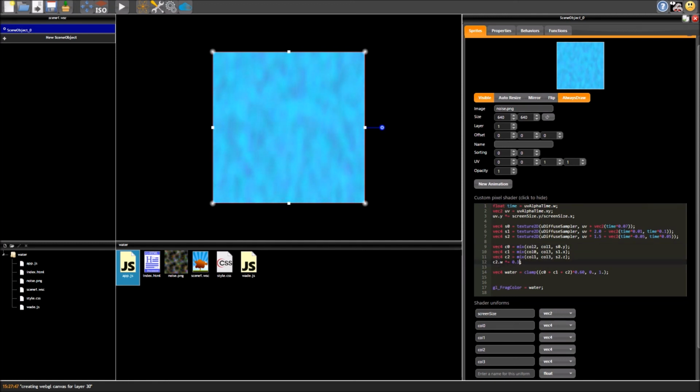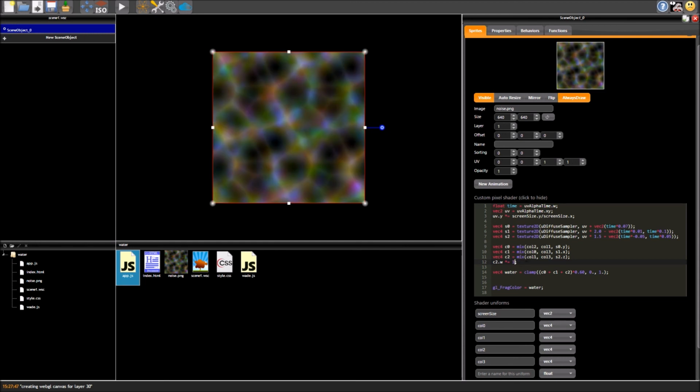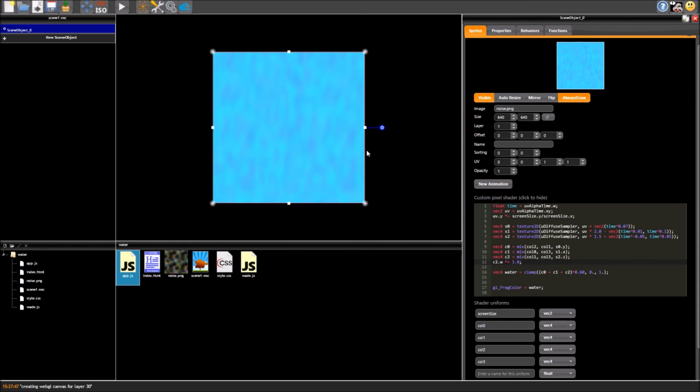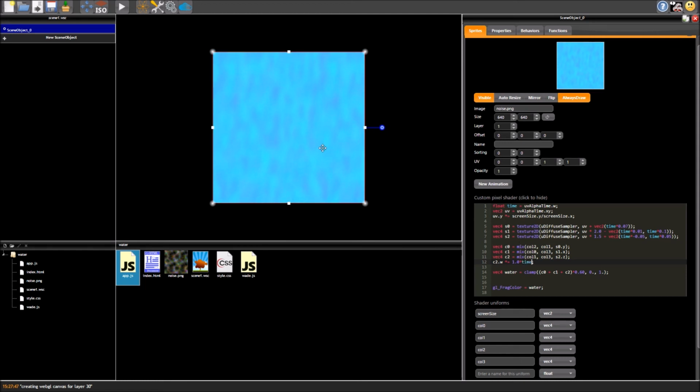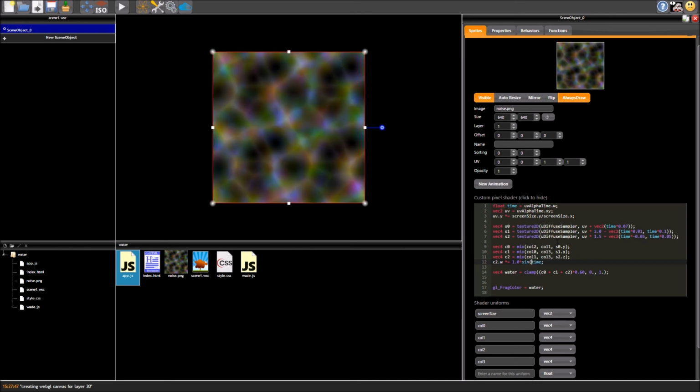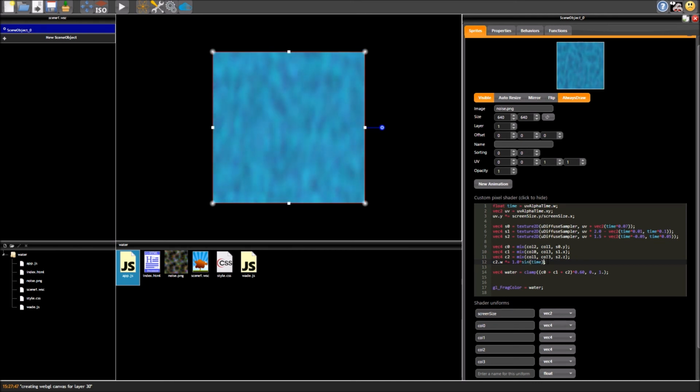I'll quickly multiply the opacity of this layer. So remember we made the final mix really dim because otherwise it took over everything and you couldn't see much. So what happens if I multiply this by time? It's just going to get bigger and bigger because time, well, is just increasing as the program runs. So if you want to get around that, you can do sine of time. Now, if you've seen a sine wave, you know it goes between +1 and -1. And so, yeah, you can see it fading in and out.